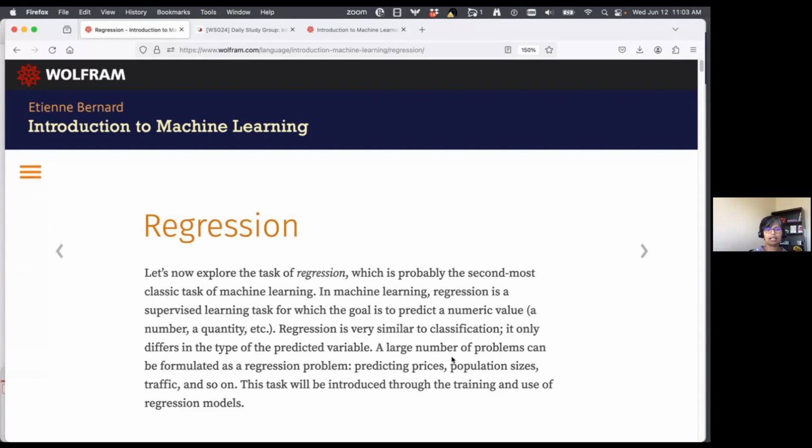Provide a class. Beyond classification, there is another supervised machine learning approach, which is regression. That's the focus here. The question is slightly modified. You're still trying to predict something, but instead of a class label, which is a categorical or nominal attribute, usually represented by a string, we are trying to predict a numeric value: price of a home, age of a person, weight of an animal, runs scored by a player. So the answer has to be a number. You cannot do regression for categorical or nominal variables.